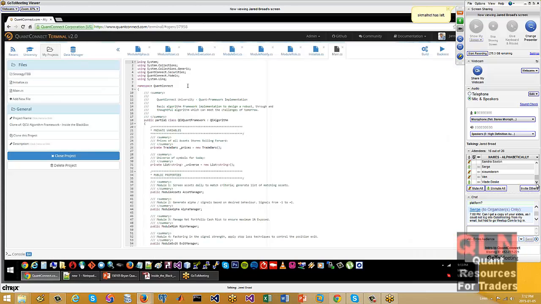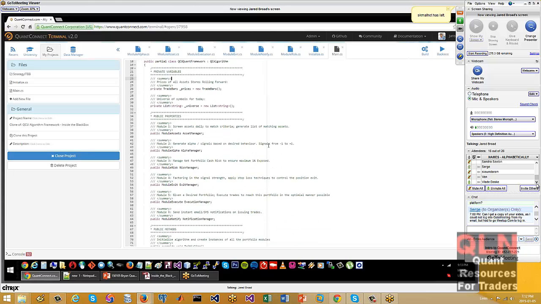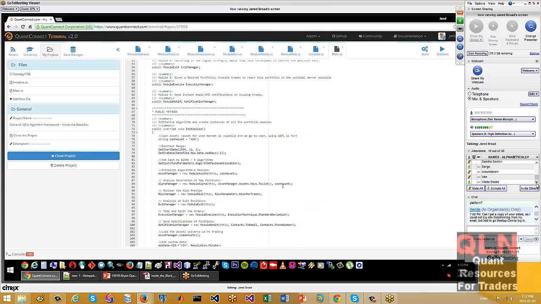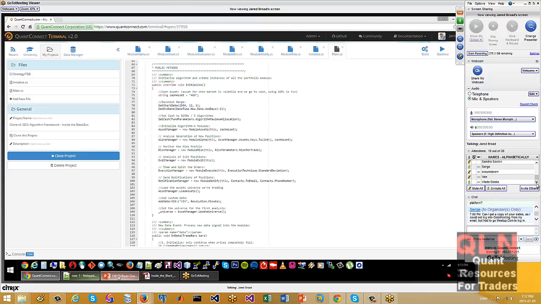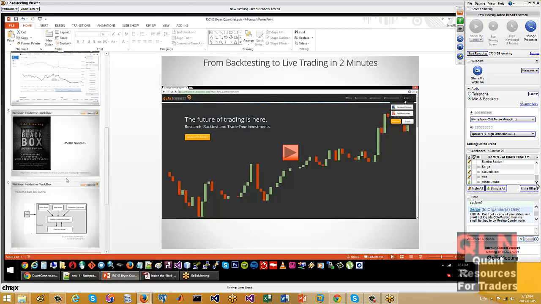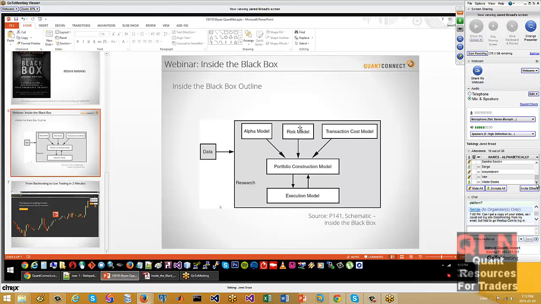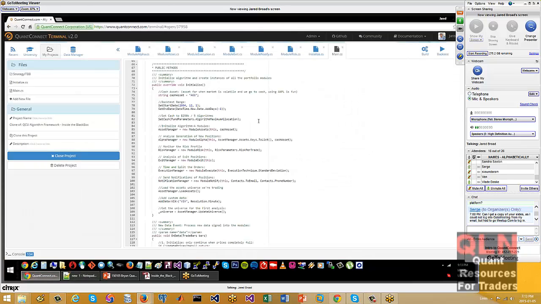And here is the core framework code that I've sketched up for the webinar. We've broken it down into the core modules: alpha, risk, transaction cost modeling, execution, portfolio construction. That's all slightly different, but more or less the same here.